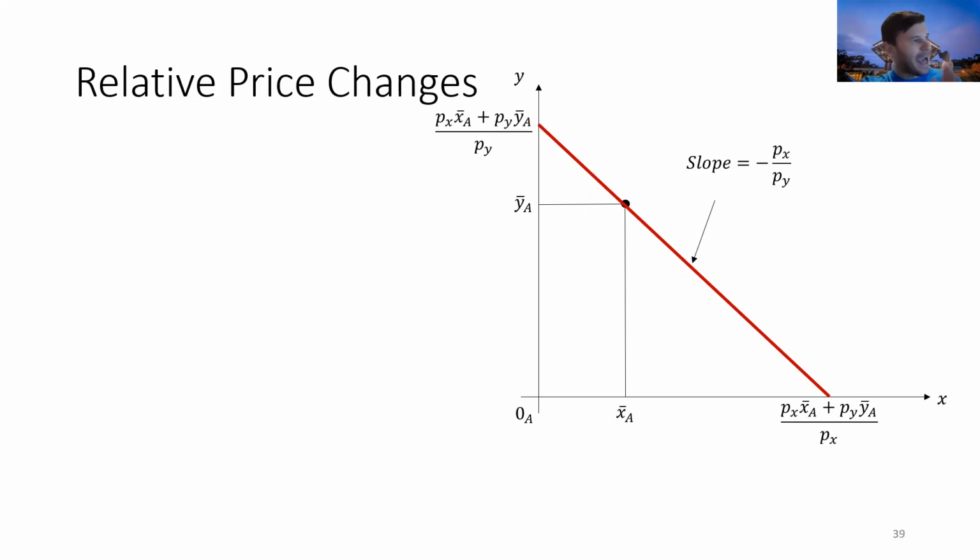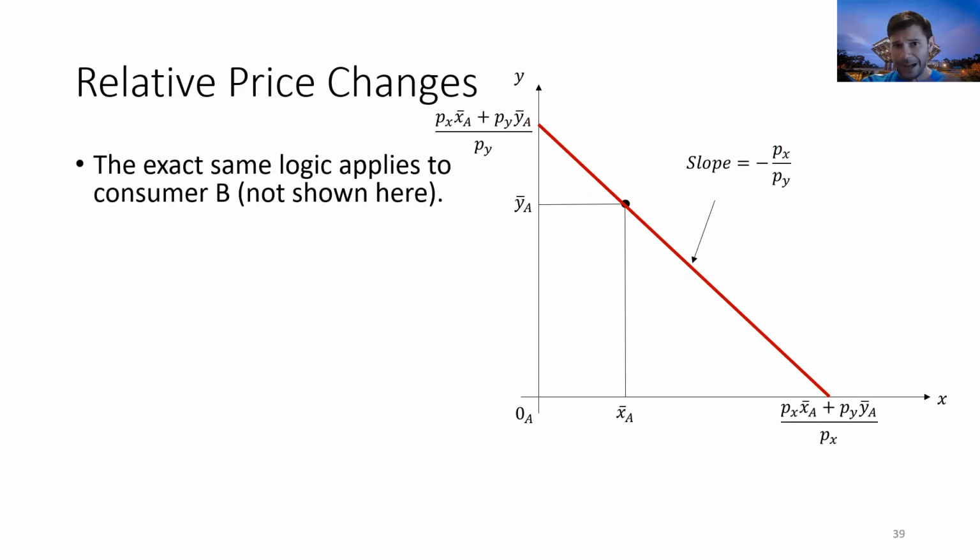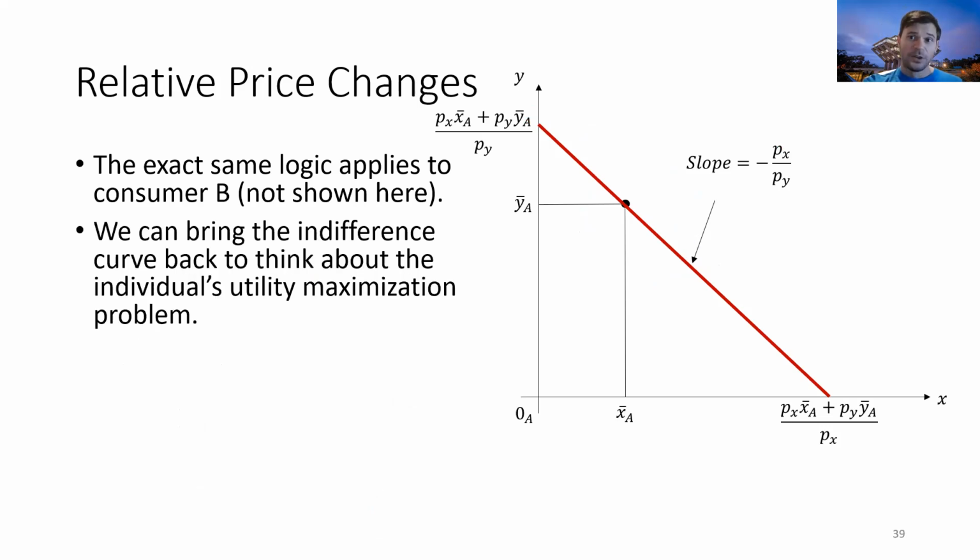We could use exactly the same logic with respect to consumer B, so I'm not going to show B's budget constraint here. In fact, we're going to see in a moment when we plot the budget constraint in the Edgeworth box diagram, B's and A's budget constraint are really the same thing in that diagram, as we're going to see in just a moment. Now, before we do, let's go ahead and bring back our indifference curve